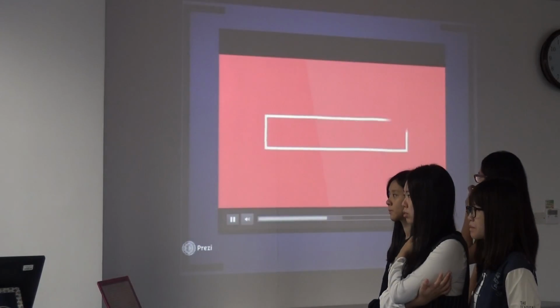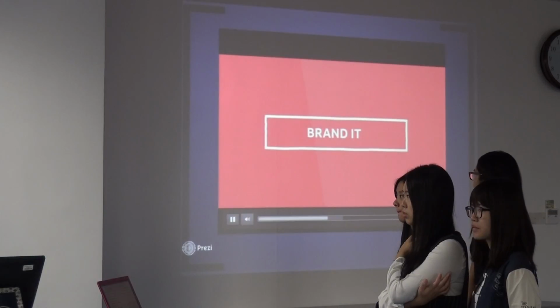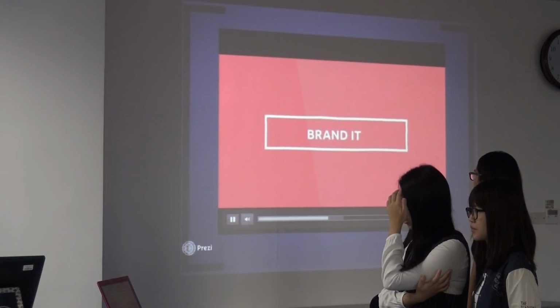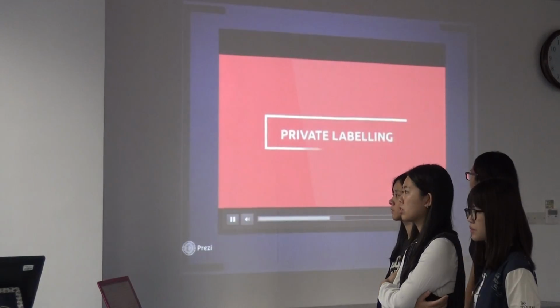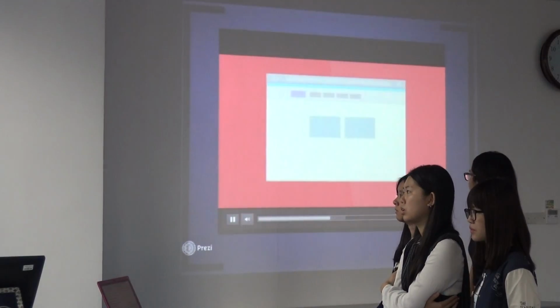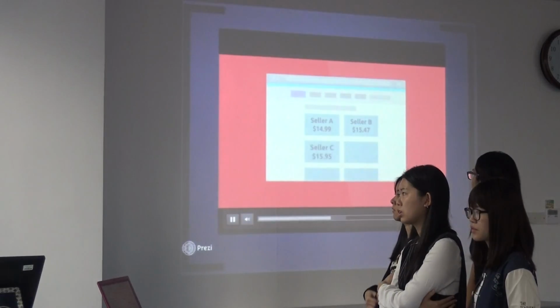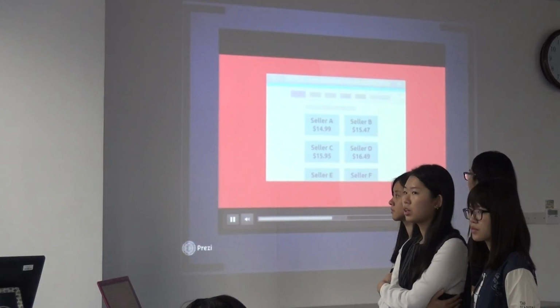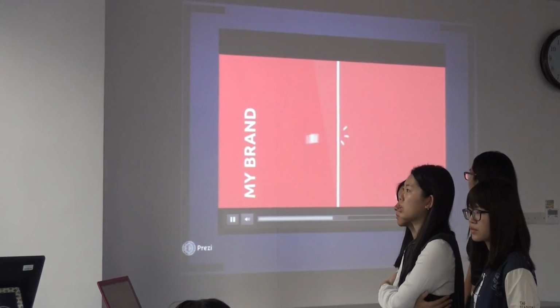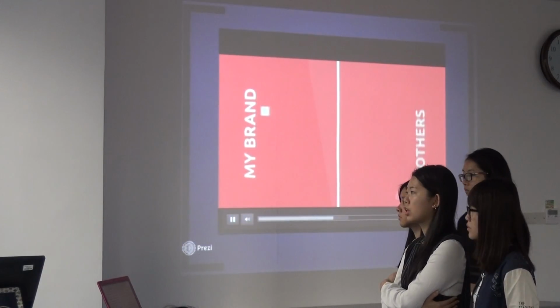Now, having chosen the product, you're going to get your very own version of the product made with your brand on it. This is called private labeling, and it's a very important step. Why do you want to do this? Well, the way Amazon works is that it has a page for each product. It then lists all sellers that are selling the exact product on that single page, and then lets the sellers fight it out with each other over who gets the sale.